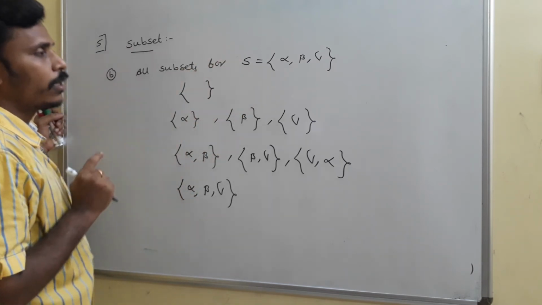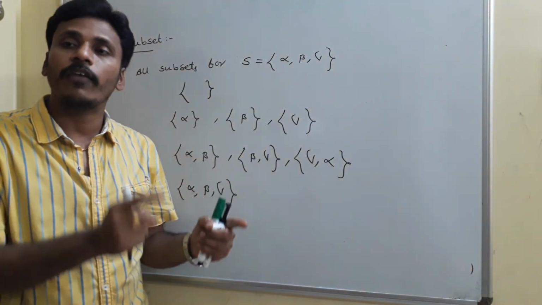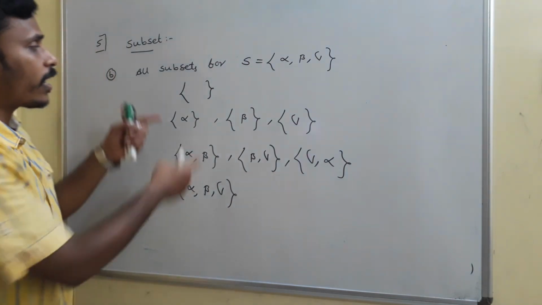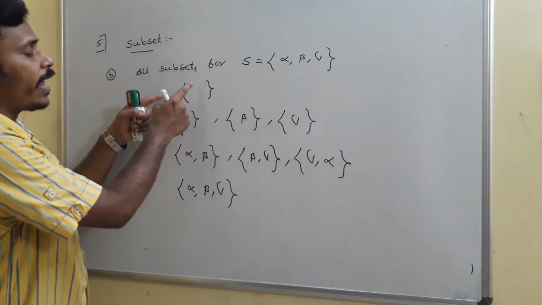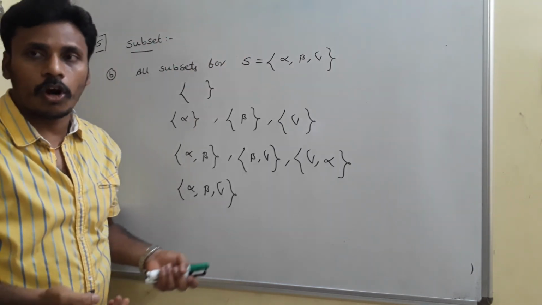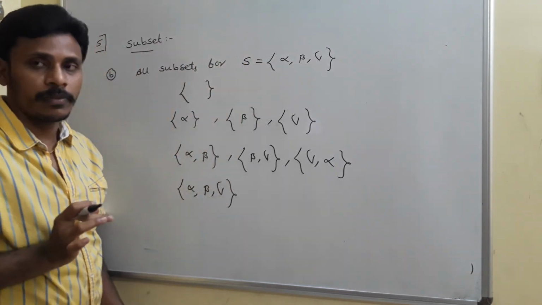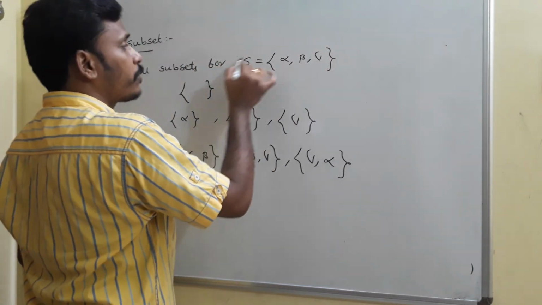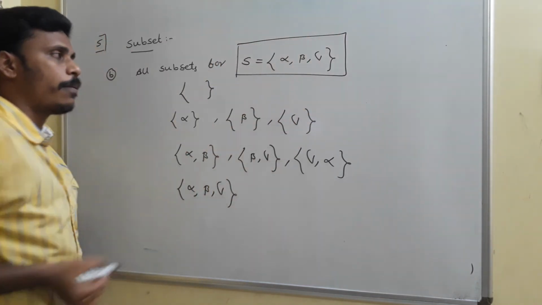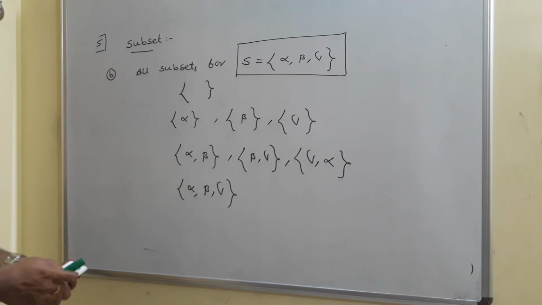See, we say a set is a subset of the given set if every element of the considered set is in the given set. If I consider this empty set, every element of this empty set is there in set S. If I say like that, nothing wrong, and that's why this empty set for sure is a subset of S. So if you have a set S equals alpha, beta, gamma, then all these are the different subsets for that particular set.